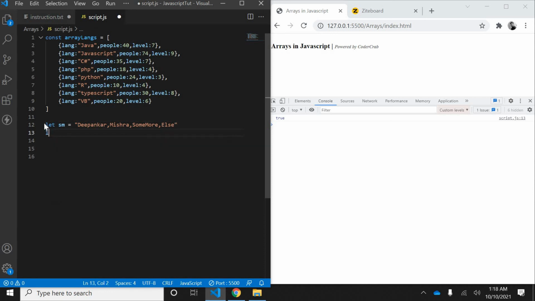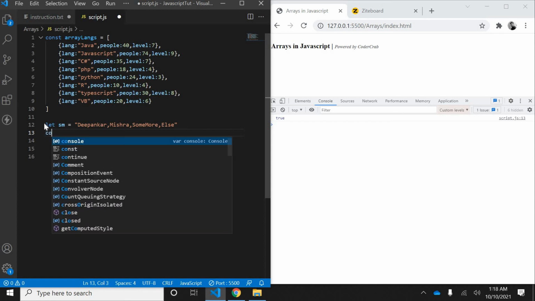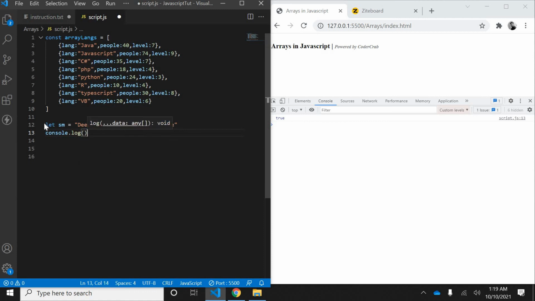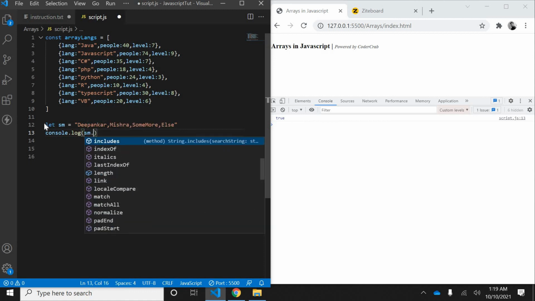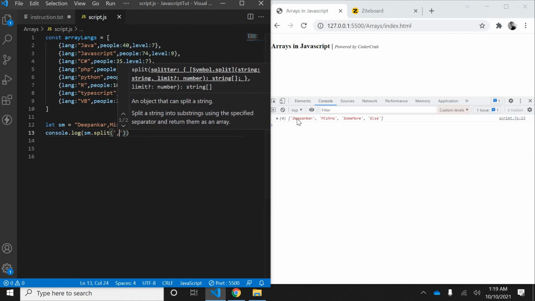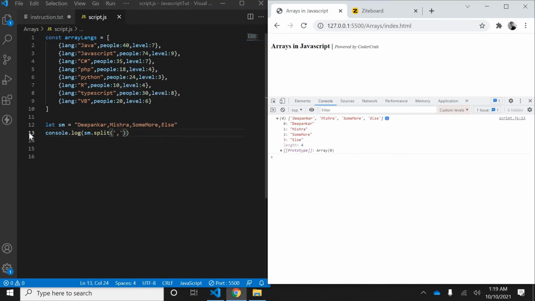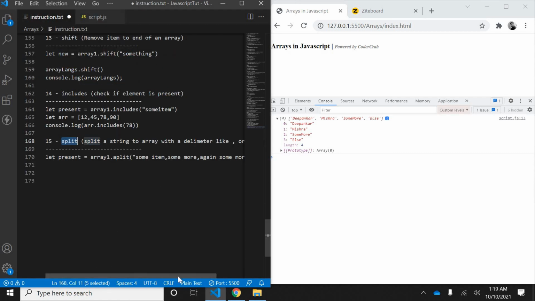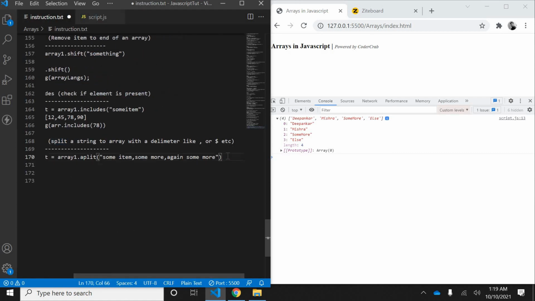So I'll put console.log, then sm.split, and I'll put a comma as a delimiter. Okay, if you see, it is converted into an array of 4 elements. So this is a pretty simple example of it. You can use split whenever needed, and it is very useful as well.